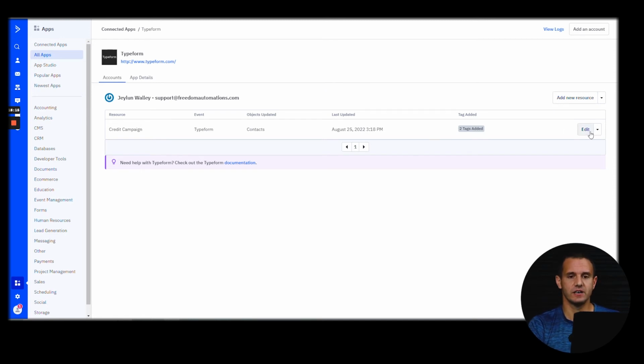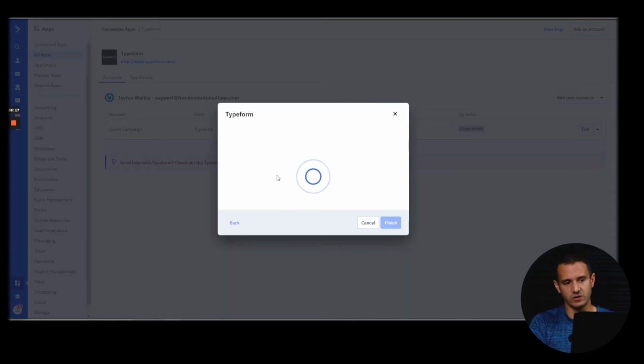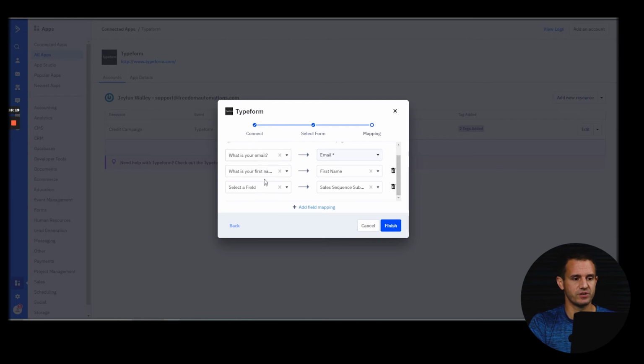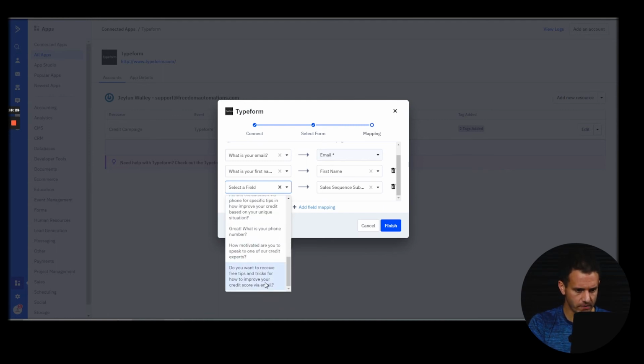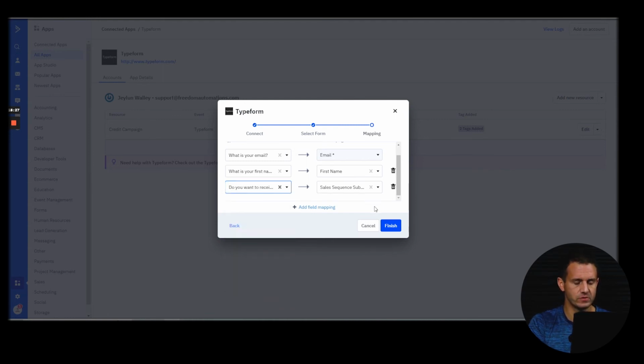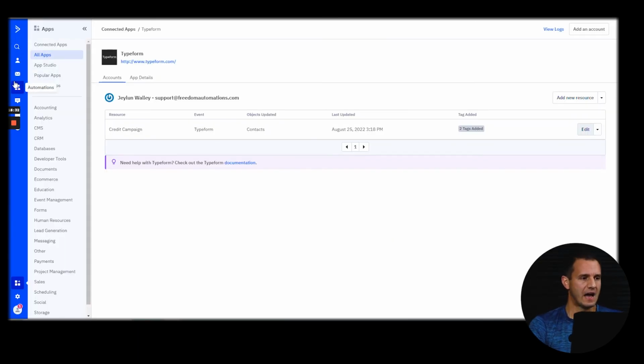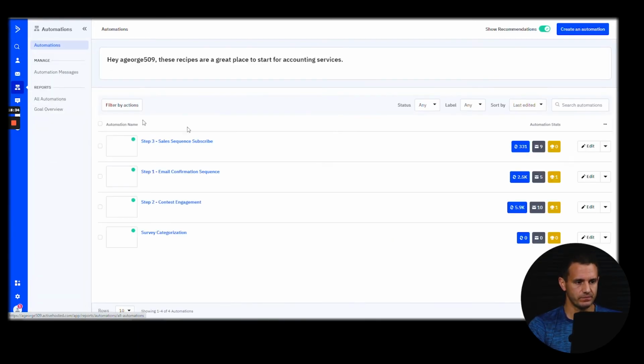So yeah, this is the integration. I'm setting up all the fields. You can see it's asking what's your email, what's your first name, and then the sales sequence subscribe. So I choose which one is the question. Do you want to receive free tips? Finish. Okay. Now in the automations area, these are the 4 automations that I have set up in ActiveCampaign.